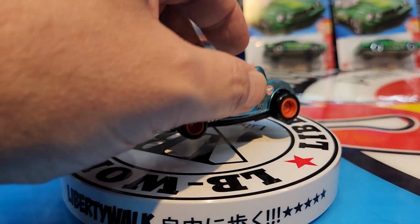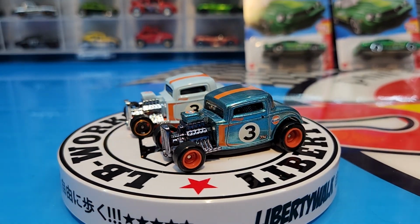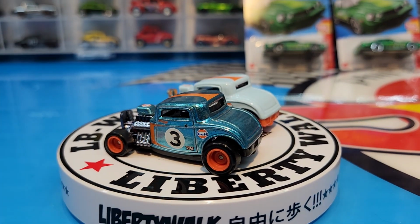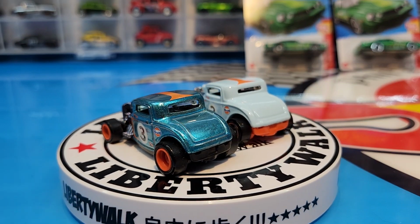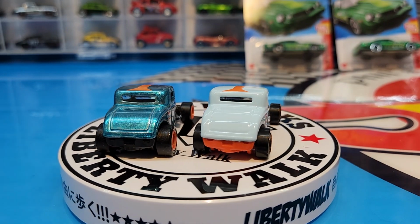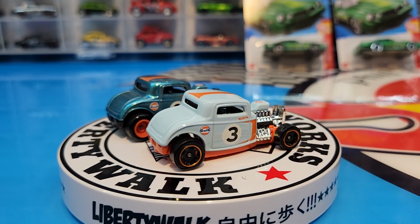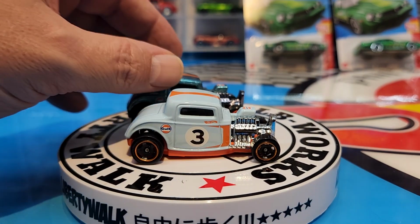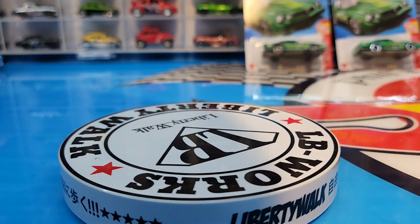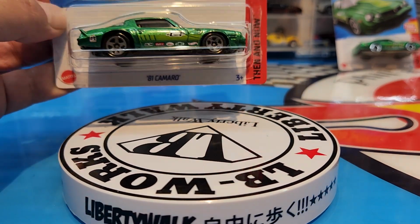Now, I do like the polished version of this color a little bit more, like on the Camaro from the RLC, the 67 Camaro. They had it in a polished version of this color. Now, that's a little bit higher end. They can't really do it on a Supra, and I get it, but this color will definitely do. Awesome looking Supra. Awesome. Okay, guys, last one of 2022, and it is this guy right here, the 81 Camaro,